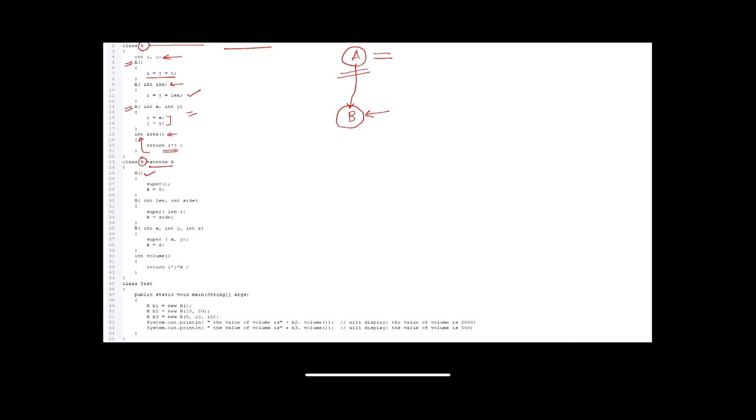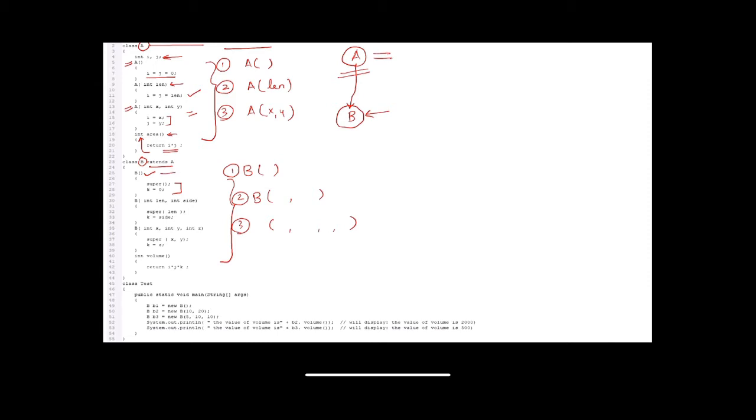I have created a default constructor where these two lines are written. Now see, all the constructors that you have defined in the parent class have to be redefined in the child class. So if your first constructor was a default constructor, the second constructor was having a parameter of len, and the third constructor was having two parameters x and y, similarly in class B, I am defining three constructors. First is a default one, second is accepting some values, and the third one is also accepting some values. Now let us check how it works.